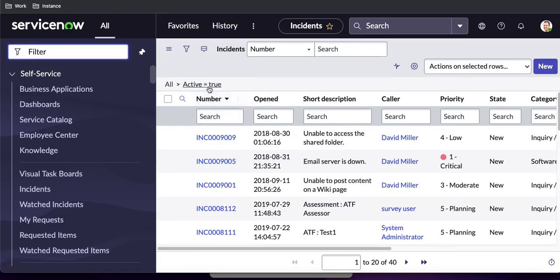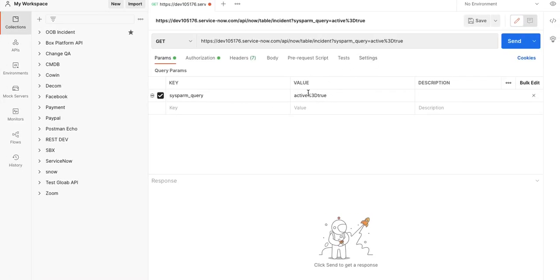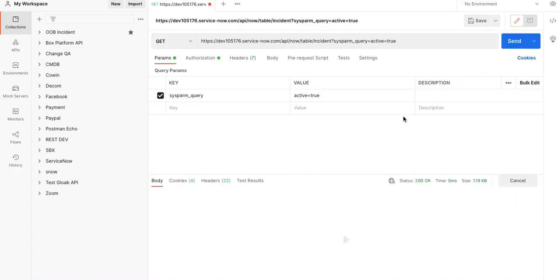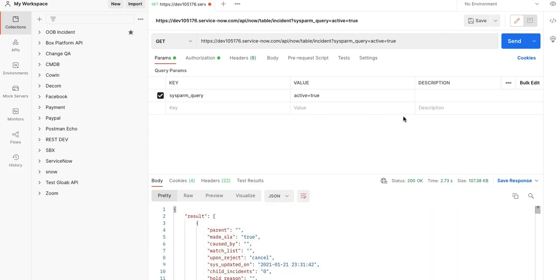If I right click and copy query, and go back here, in this sysparm_query I can paste this filter. Now if I run that, it will give me the actual active incidents from this instance, from this table. So let's send that. You can see I have received the active incidents. In case you want to modify this query or change something,